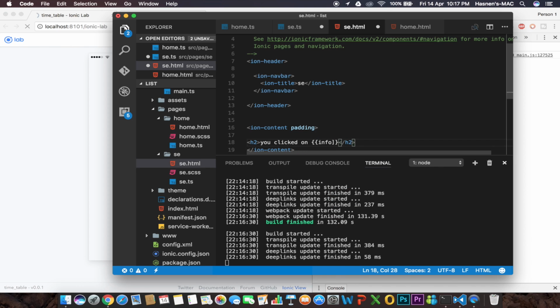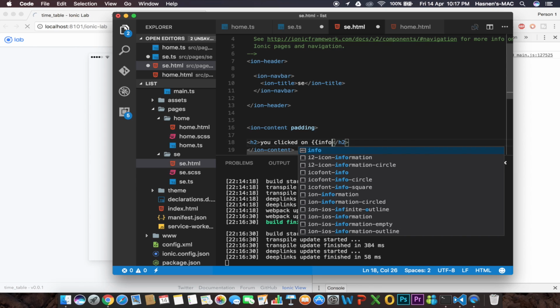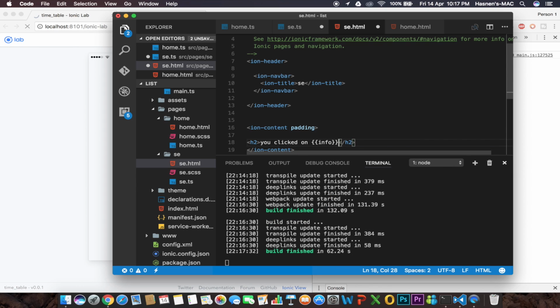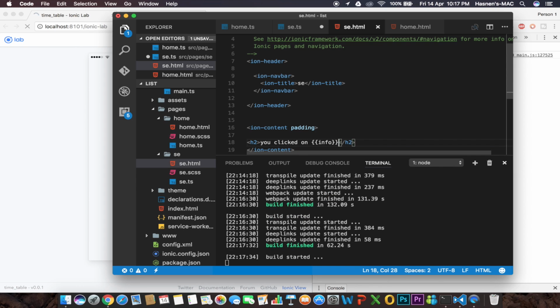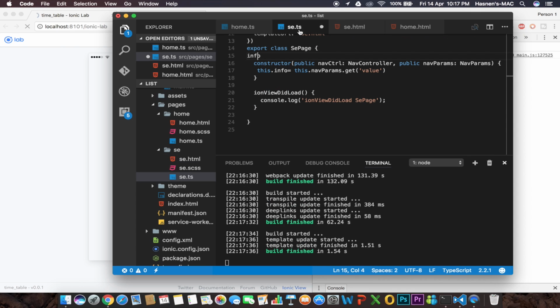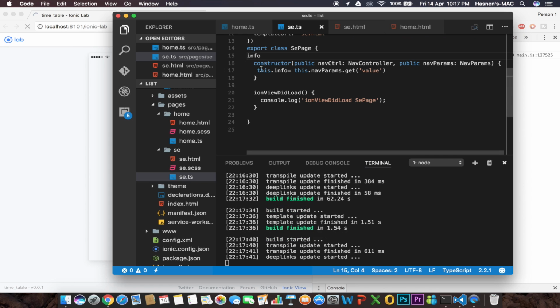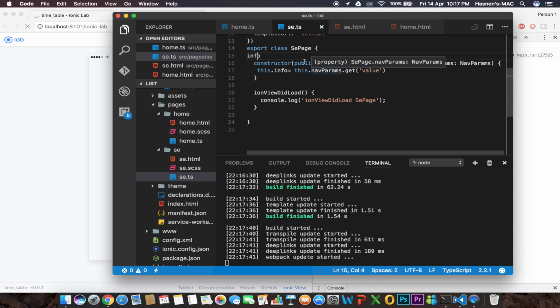I hope you guys understand what I'm writing over here. If you don't, I'm going to explain it right now. What exactly is happening over here is, in the constructor, I'm getting the parameter which I have passed